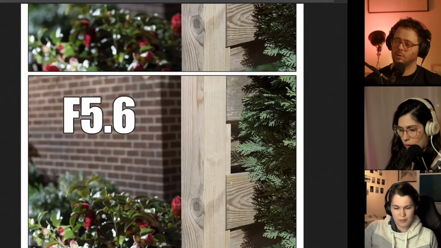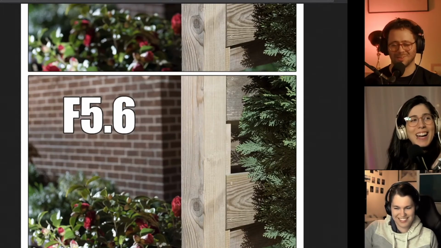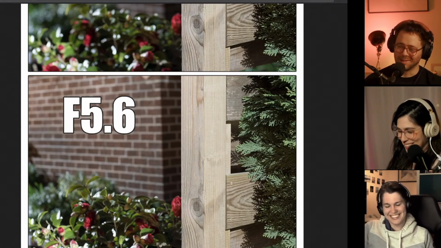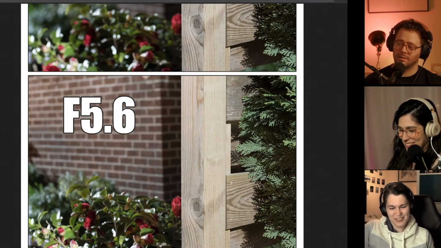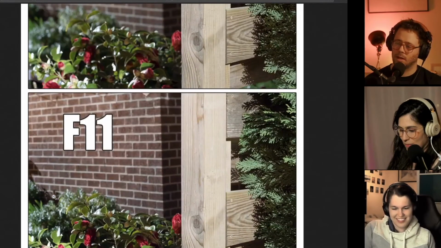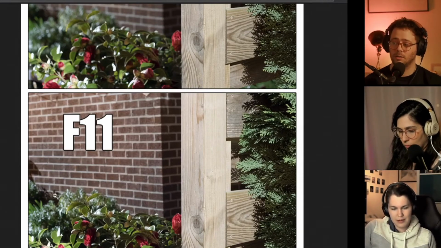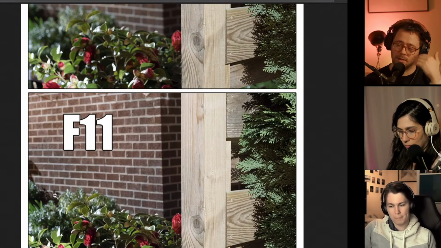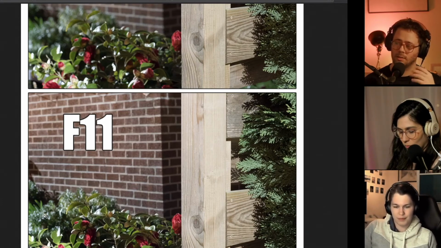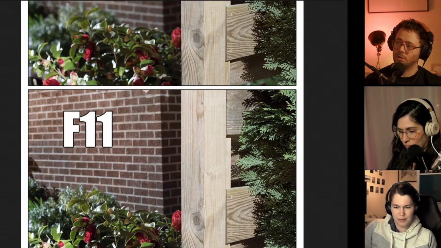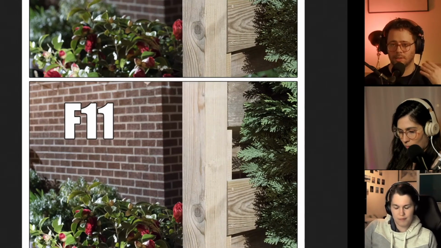And then f5.6, these flowers, or not flowers, like vegetables. They're not vegetables, I'm just kidding. Flowers, they are flowers indeed, are slightly more in focus. They're still soft in comparison to the sharp fence, but the wall and the salad in the back is still out of focus. And here we have f11, definitely more in focus, but this part of the image can still become sharper if he continued up to f16 and f22.